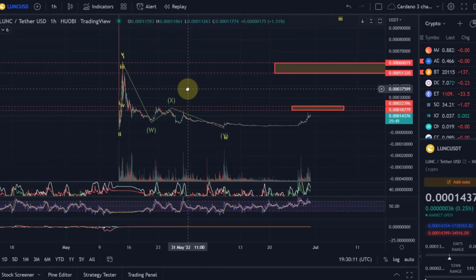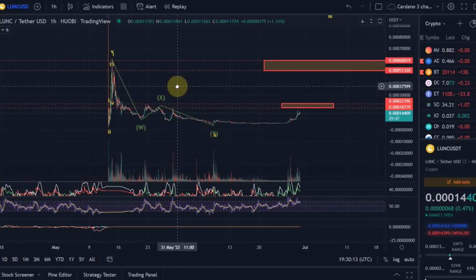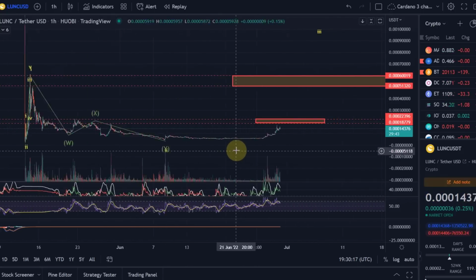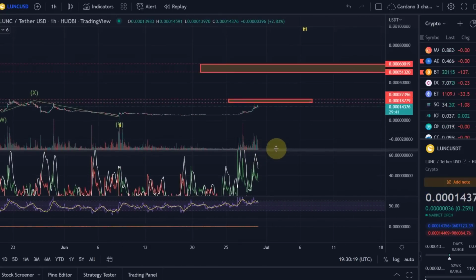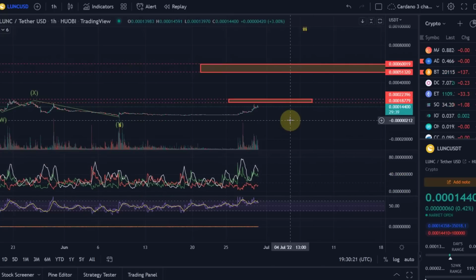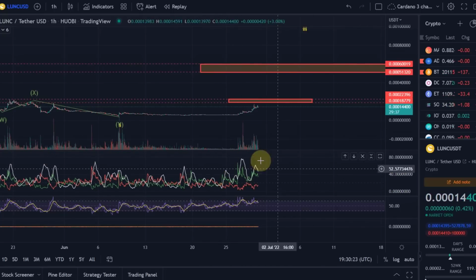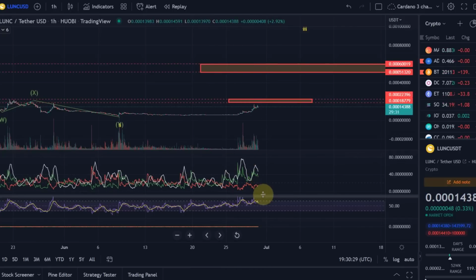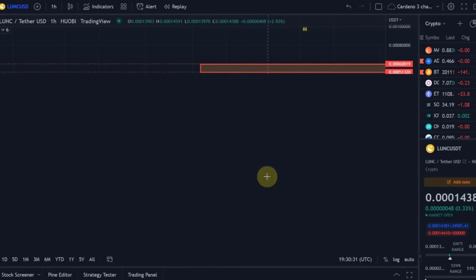Unfortunately, I can't really add moving averages here because they are sort of messed up with the previous chart history. But looking here from an indicator point of view, very dynamic, of course, at the moment, you can see here on the 1 hour chart, even here, Luna Classic in a strong uptrend based on the ADX. The RSI also in the bullish range.